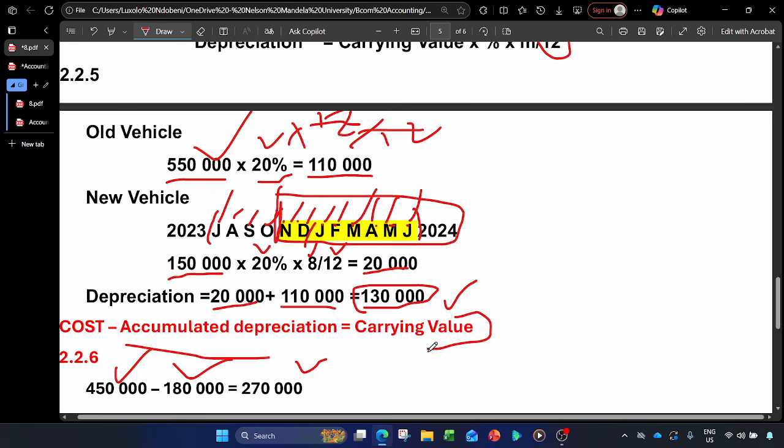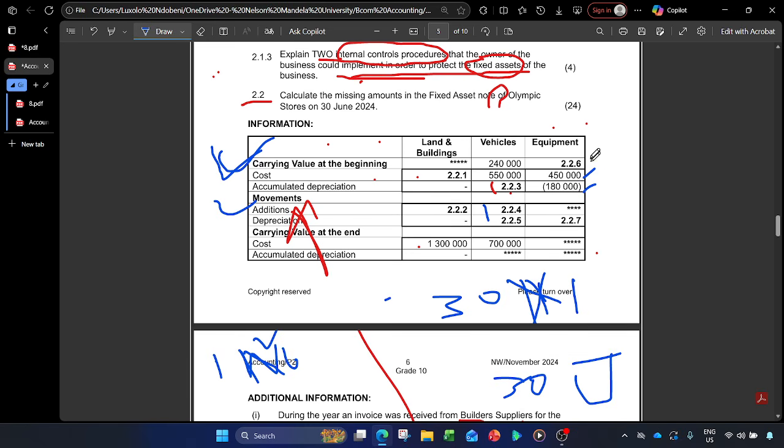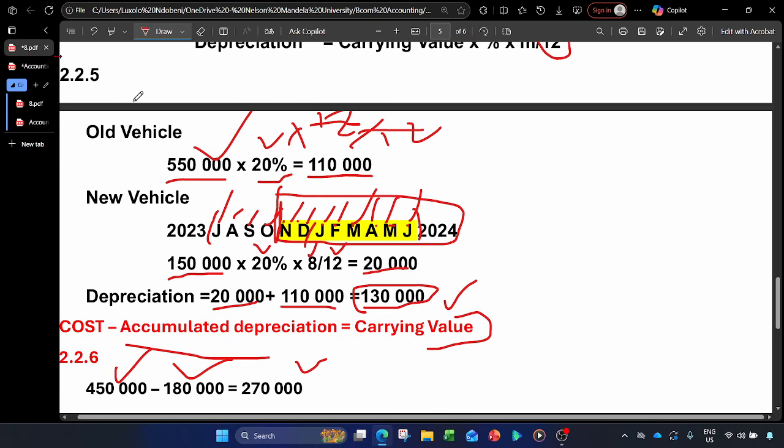So please take notes as we are doing the video, so that after the video, you don't have to come back to the video and look, what did I say? No, take notes as we are doing. And what I like when watching a video, you can stop it and take notes. Then you can continue, or you can go 30 minutes back, and write what you want to write, right? So we already got the carrying value of the equipment, which is 270, cost minus accumulated depreciation.